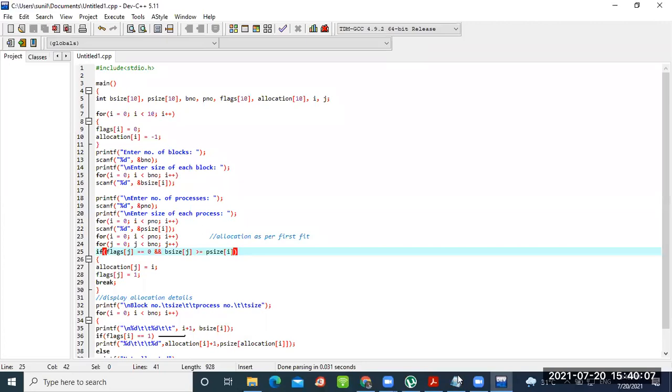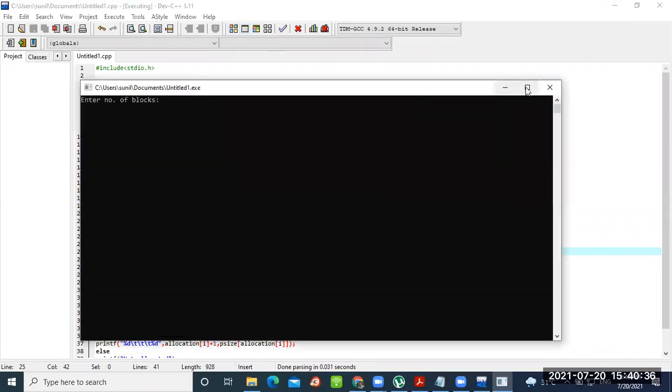Very important part of this program is this part. Now these two for loops, then this condition. This condition is basically for allocation. If this condition is true, then you are allocating and changing the flag. This is the total logic of the program, only 3 to 4 lines. So let me run this program again. Compile this program. Run this program. Now tell me the second problem that we have solved.